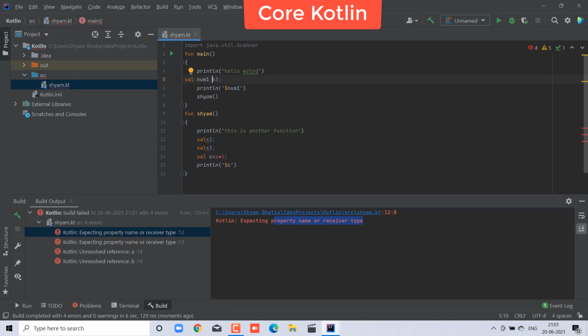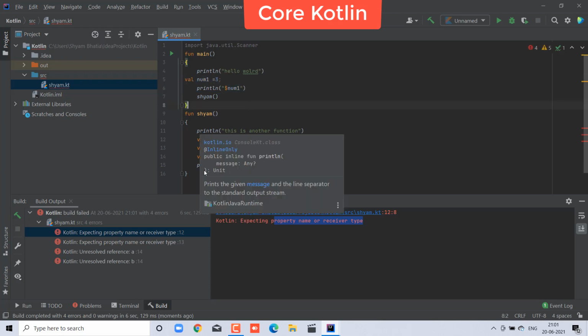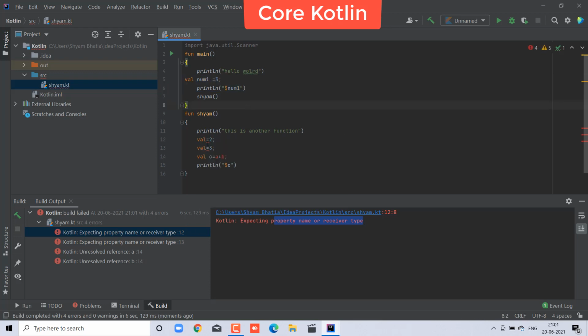The error mentions the property name or receiver type. So how to fix that, just remove it, friends, because I am calling it here. Your error is again the same, so just Control Z. In which line is the error? Line 12.